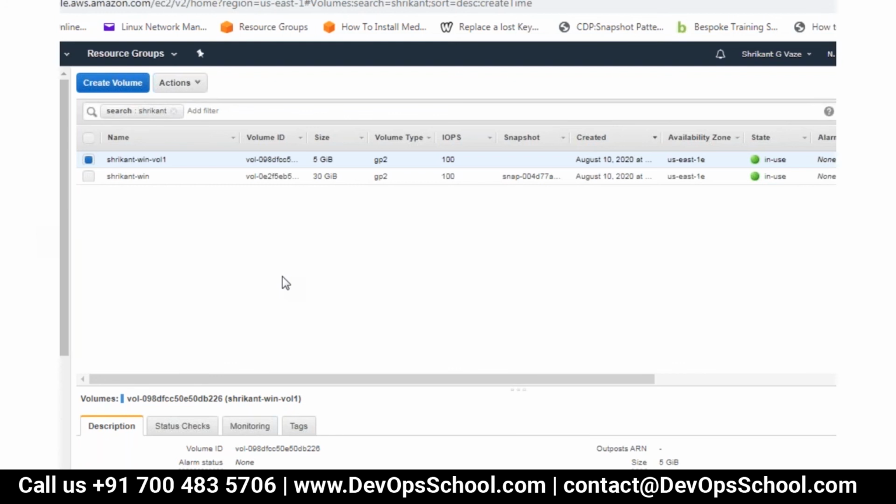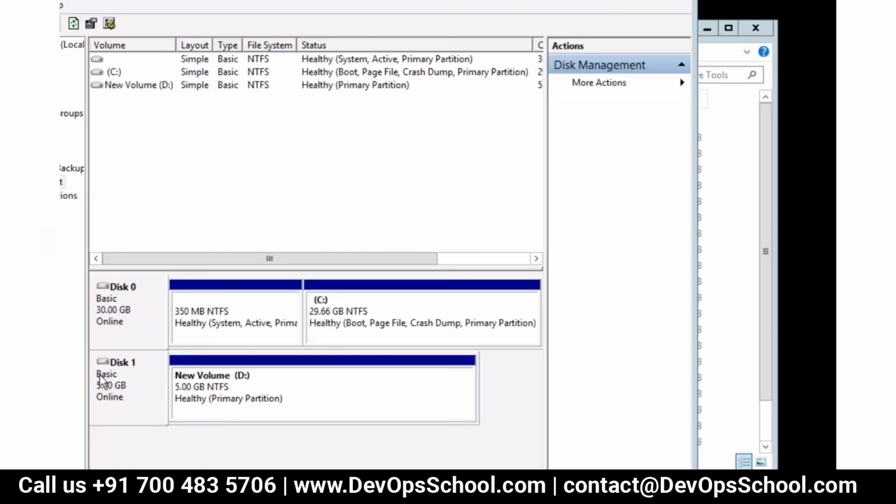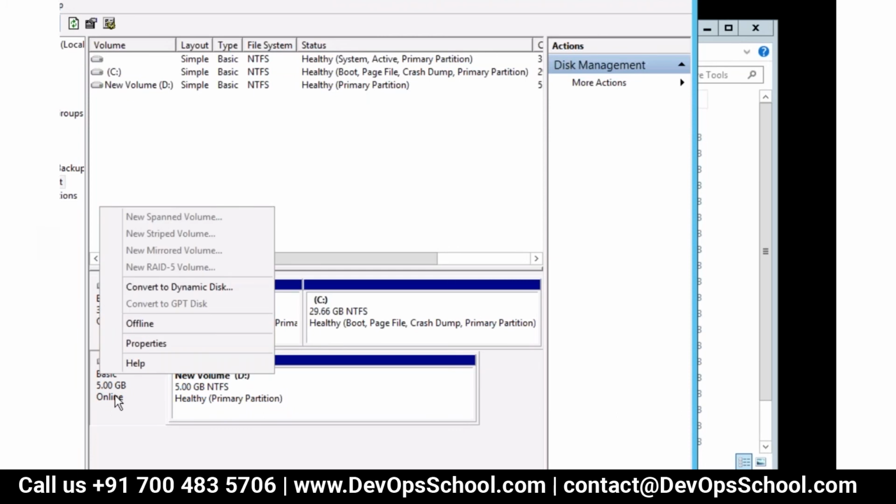Can you please show that it's online, but then what do we have to do? So I selected initialize disk and selected MBR. Correct. And then it's not showing anything. Go to the next block. Right click and then say create a new volume. It's not showing anything. No, here you selected initialize, right?